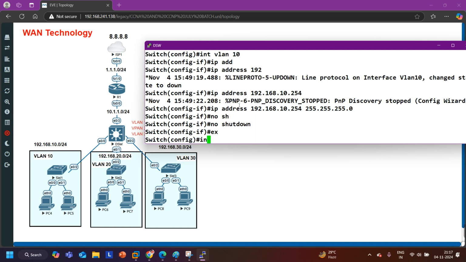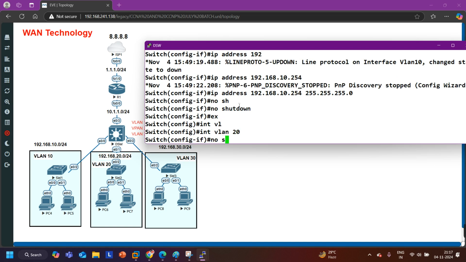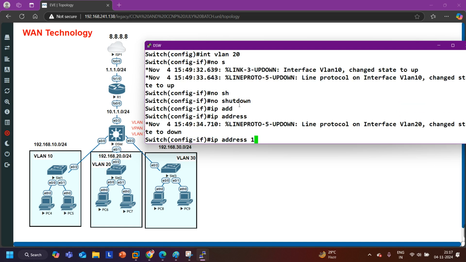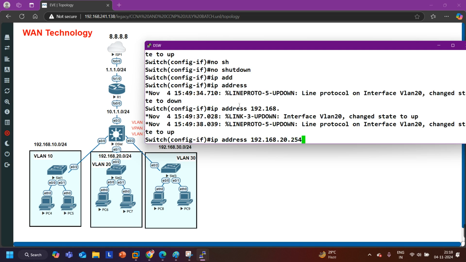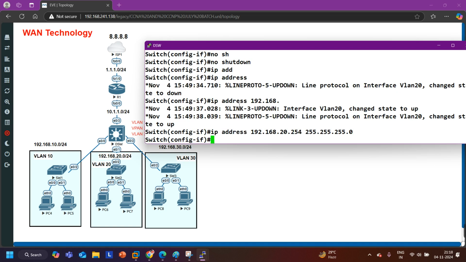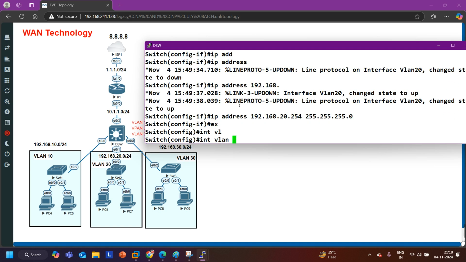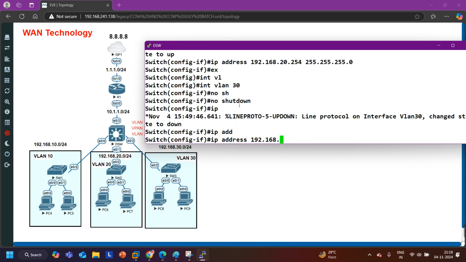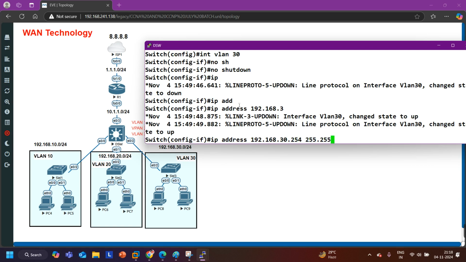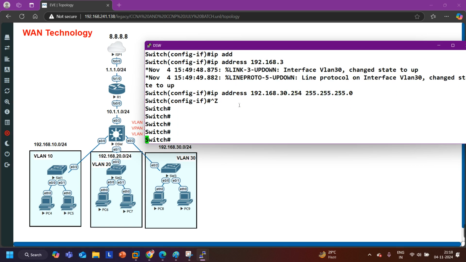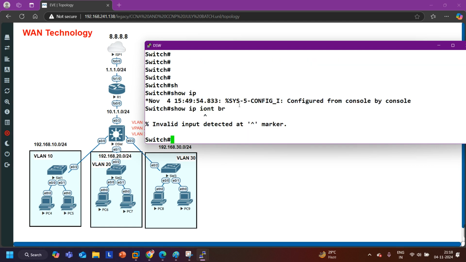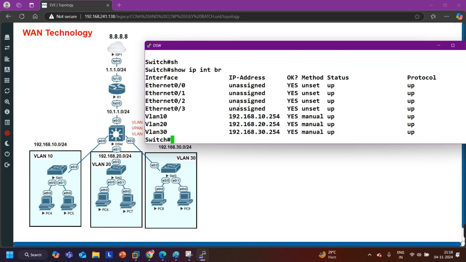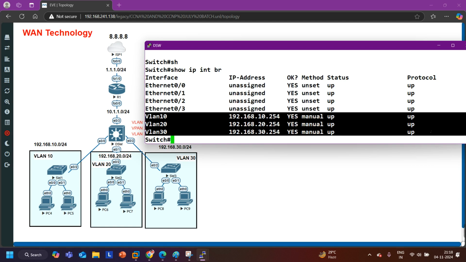And no shut. Then interface VLAN 20, here also say no shut, and IP address 192.168.20.254 255.255.255.0. Exit. Interface VLAN 30, say no shut, and IP address 192.168.30.254 255.255.255.0. Done. So show IP interface brief. So you can see IP configuration is done, and status and line protocol of all these virtual interfaces are up,